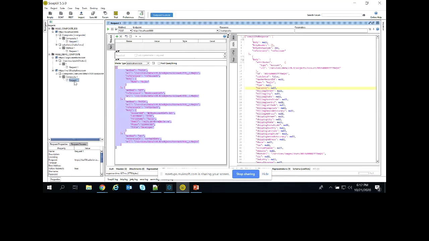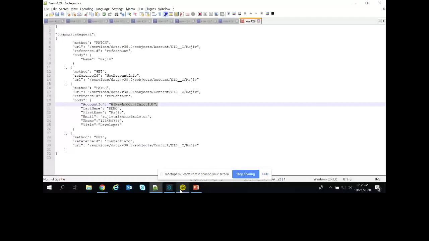Now, about this reference ID: as you see in my request, I have used a GET method as well, and the reference ID I have given as new account info.